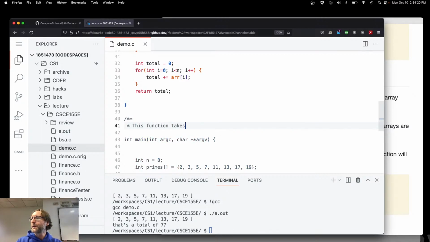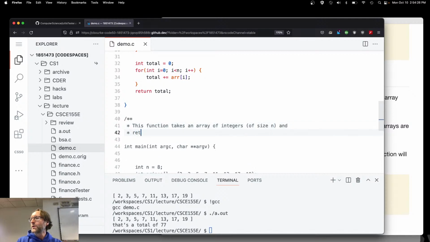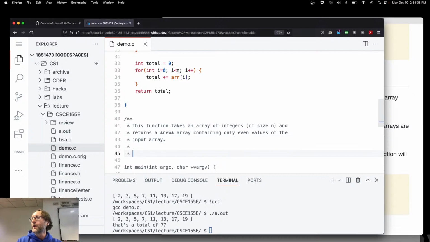This function takes an array of integers of size n and returns a new array containing only even values of the input array. In your documentation, sometimes it's nice to actually give an example. For example, if it was 5, 8, 3, 4, 2, 0, 6, 9, would return